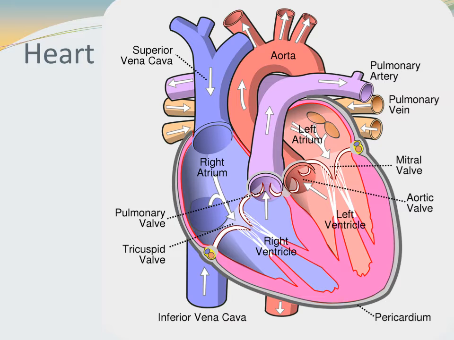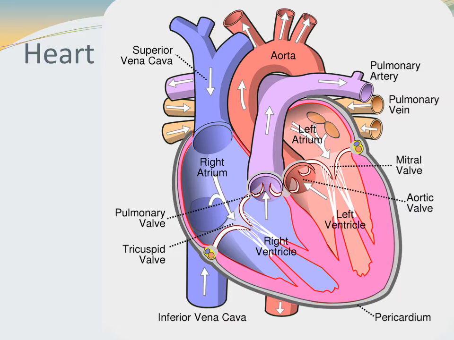Right atrium gets blood from the superior vena cava and inferior vena cava, which is deoxygenated blood, but nutrition rich blood coming back from the gut. This blood is deoxygenated, doesn't contain much oxygen, and needs to be oxygenated in the lungs. Thus it moves from the right atrium to the right ventricle, and from the right ventricle it goes to the